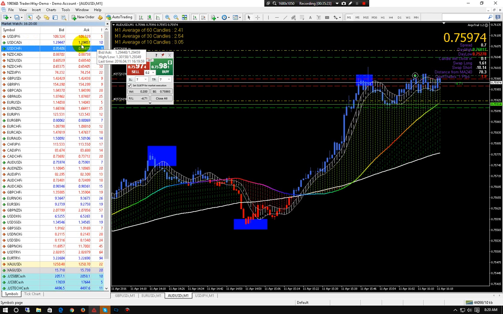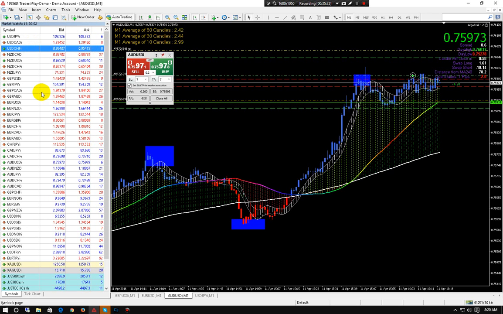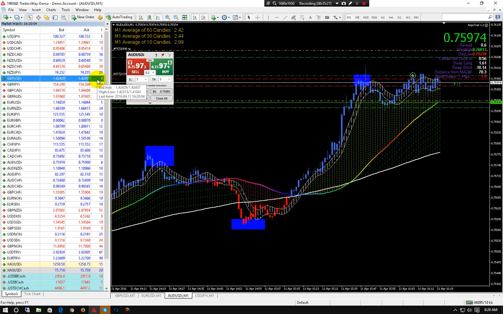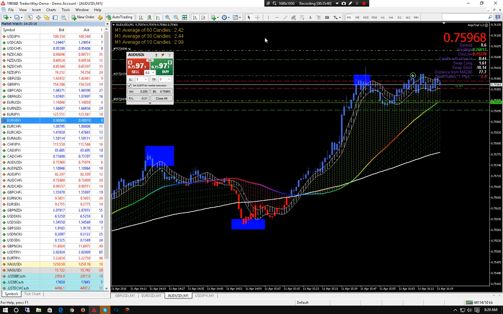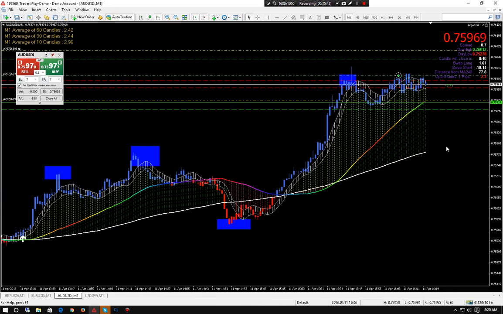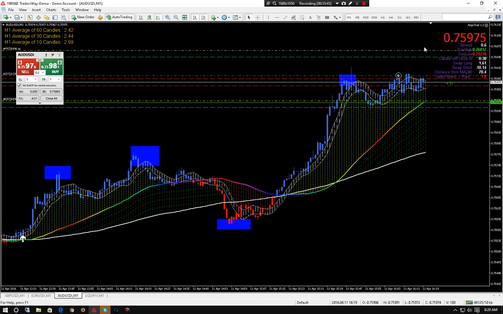US CAD bumps above 1 every now and then. Here's GBP. Here's cable, less than 1. Euro, less than 1 on the spread. So do we see a pattern forming? Euro GBP, less than 1. Euro CHF, slightly at 1. I'm trading 4 pairs that are almost consistently below 1 on the spread. Why? Because I'm on a 1-minute time frame and I'm trading some tight stuff.